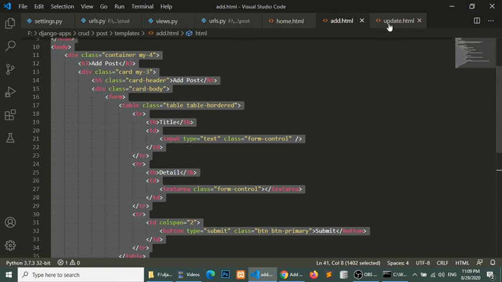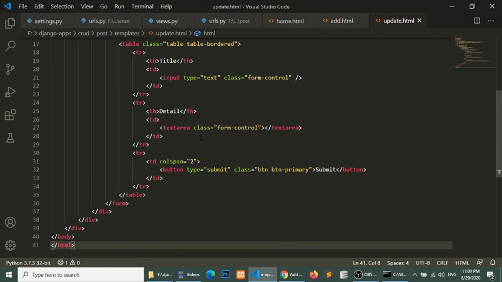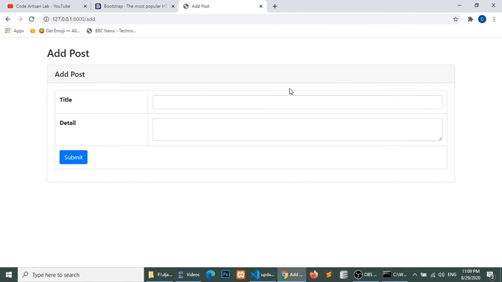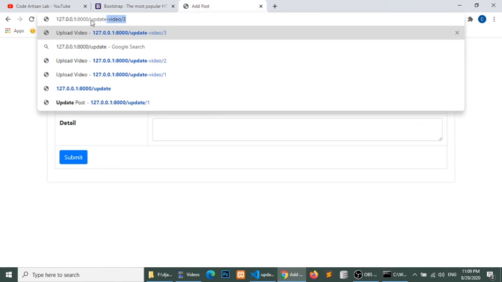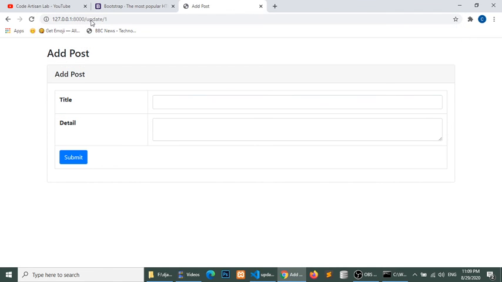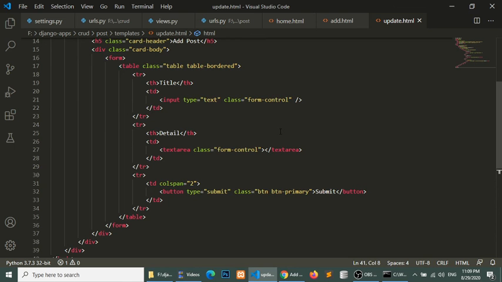Similarly, we will copy this template into the update template, because the update and add templates will be the same. In the update template we will fetch the specific post data, so the UI will be the same. So now when we access update 1, this will show. We need to change the